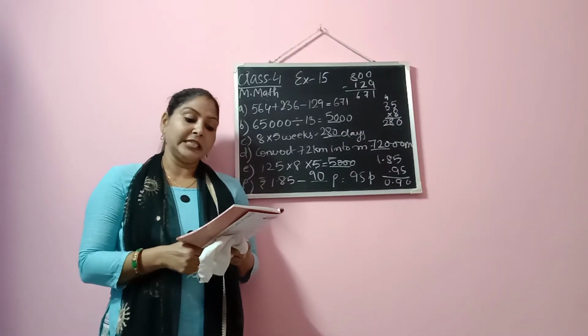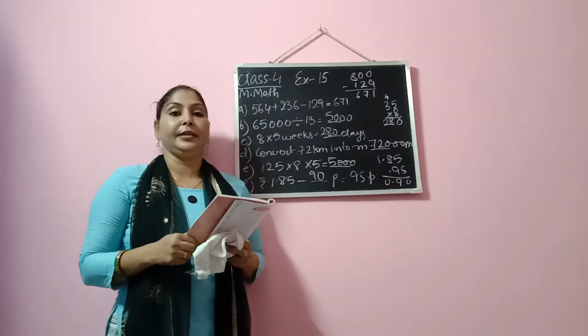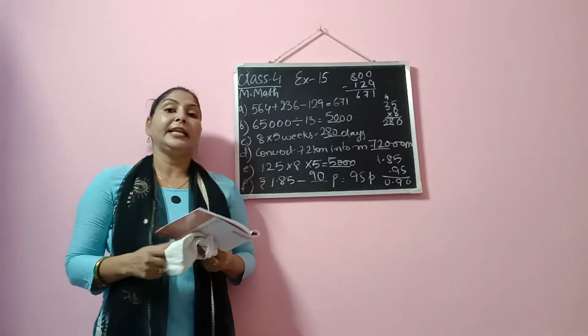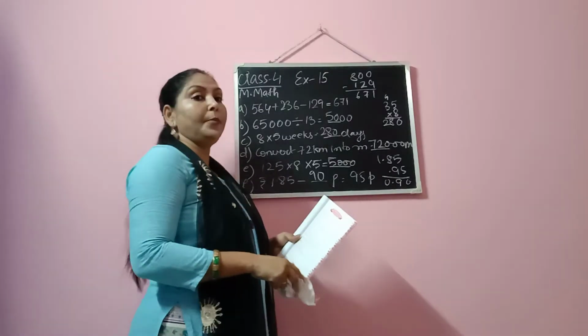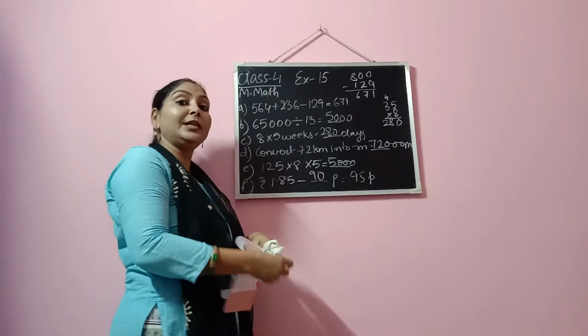So how many dozens are there in 600? In 1 dozen, how many units? In 1 dozen, there are 12 units. Then in 600, how many dozens will be there? So what will you do? You will divide